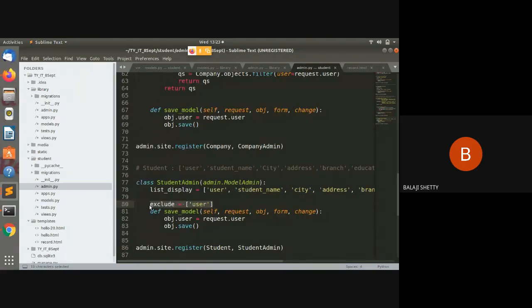That's why I do not get user, and by default whatever the username is, that username gets saved here. Means object.user equals request.user: the person who does the login, his name will be stored in this user field. That's why we have excluded the user.